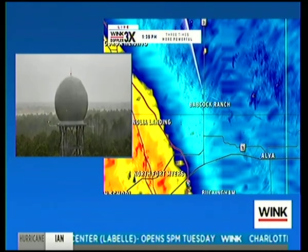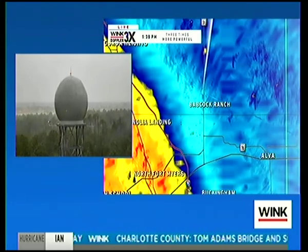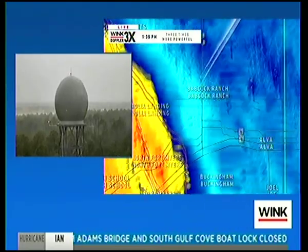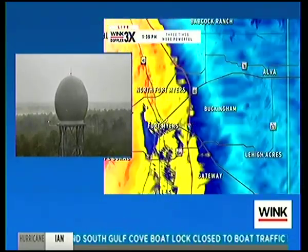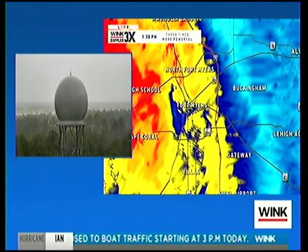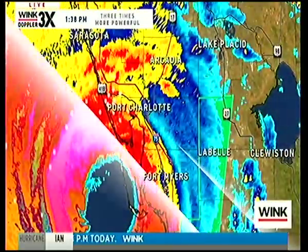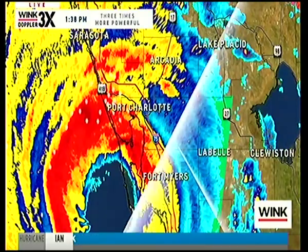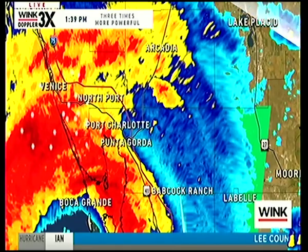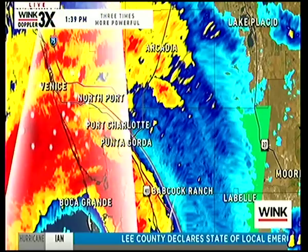Exactly right. Okay, so from here, it'll move out, and we're talking, Arcadia, those areas are still going to see some of the most damaging winds to come in the next hour or two, correct, Matt? That's correct. And I tell you what, now that we have brought up some other people down the road, let's do a storm cone. I'm maneuvering the radar site here, and next up, let's do a time lapse as it's now starting to move towards Cleveland. Okay, I'm going to put a cone on it. And next up for the eye wall,